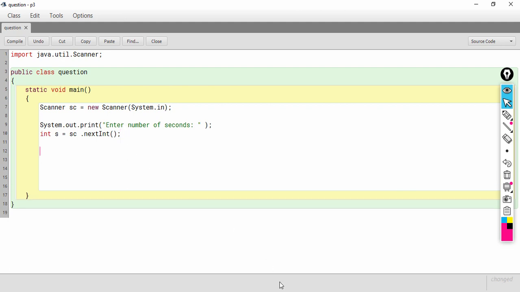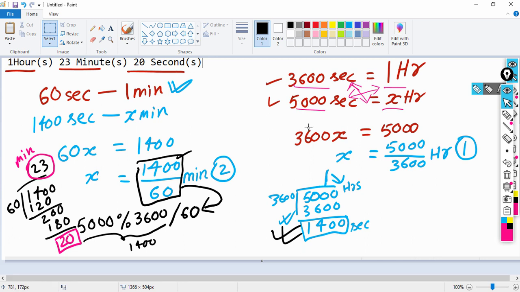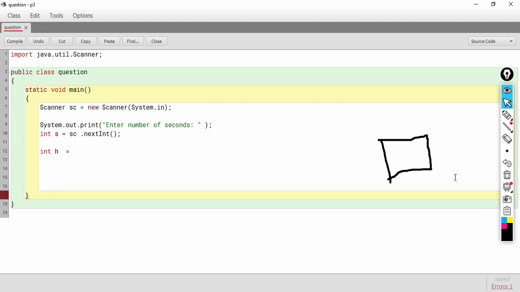Now, first let us convert seconds into hours, and if we go back to our maths here, we need to divide the number of seconds by 3600 to get the number of hours.